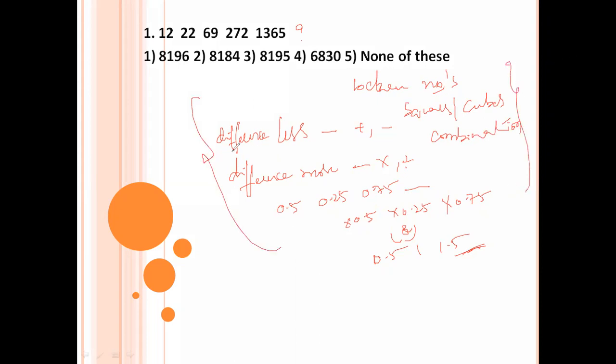Once again, if the difference between the numbers is less, use addition or subtraction. If the difference is more, multiplication or division. If the numbers are in the form of 0.5, 0.25, 0.75, multiply with 0.5, 0.25, 0.75 or add those values. The differences between the numbers may also be in the form of either squares or cubes or a combination of both.